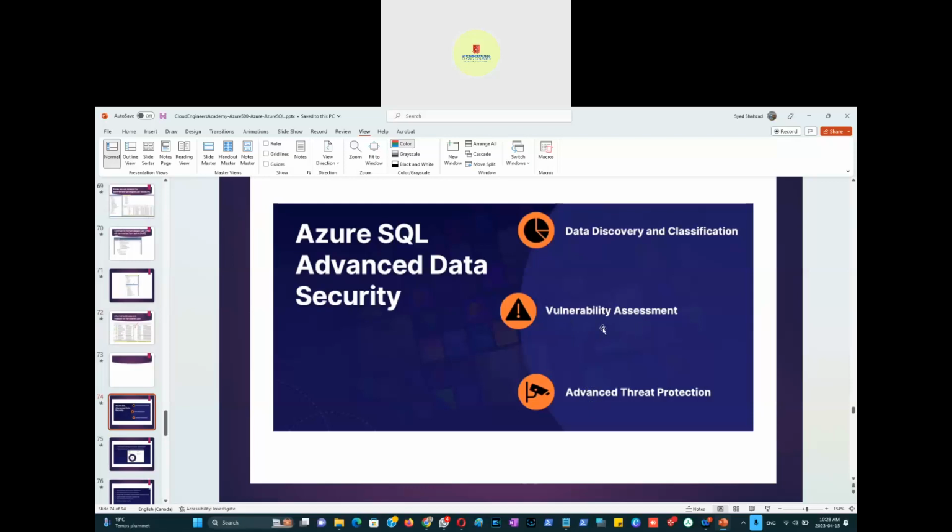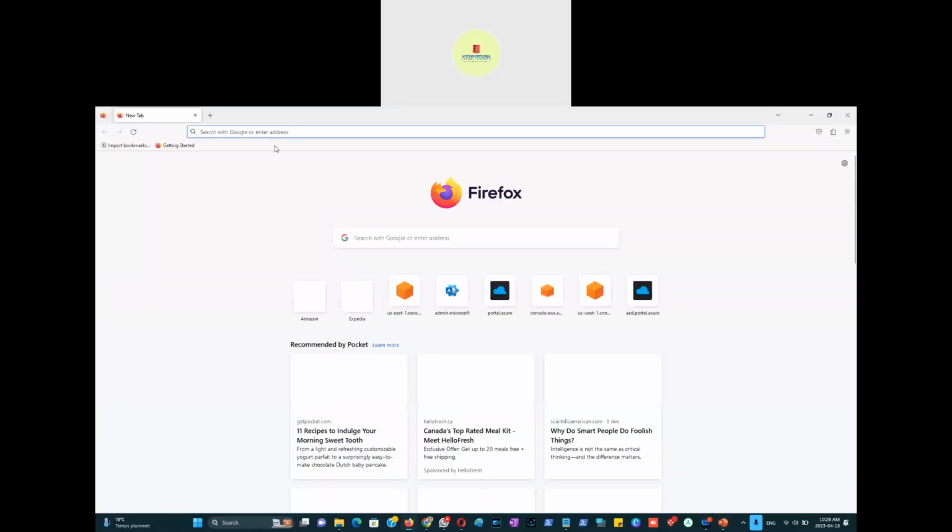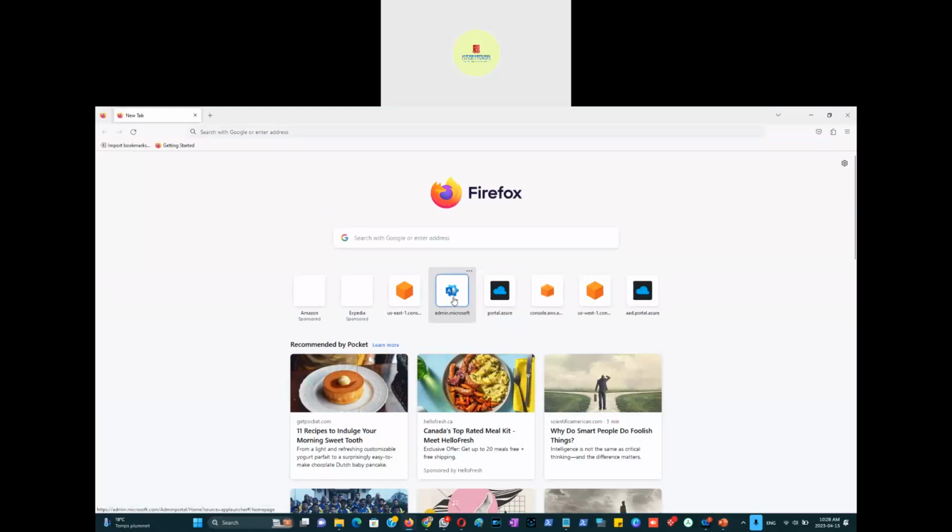Vulnerability assessment is a project we are doing right now in our company, and there are many vulnerabilities through which hackers can attack. Hackers can exploit those vulnerabilities and attack your network. So there are a lot of tools in Azure Vulnerability Management. If I go and log in there to Azure,